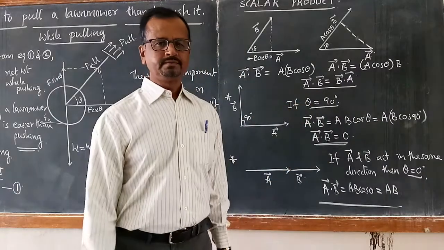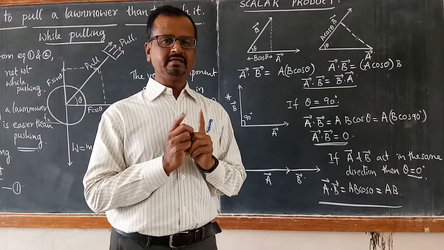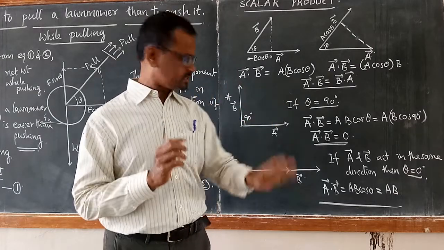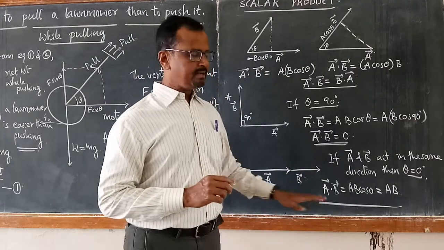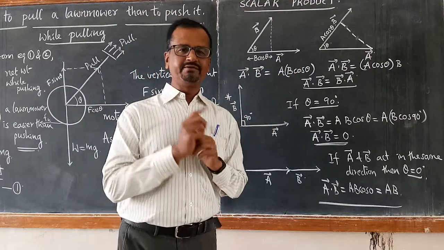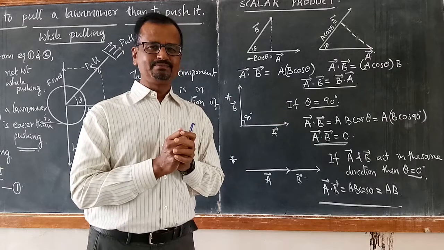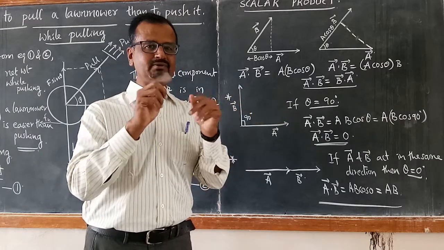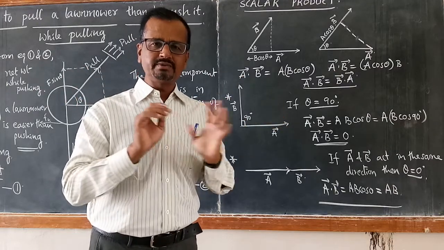That's it. This is the definition of work done that we learned in 9th standard. Suppose A is force and displacement is B. If force and displacement are in the same direction, then we define work done as the product of force and displacement. W is equal to FD. The definition becomes simple and the calculation will also be simple.